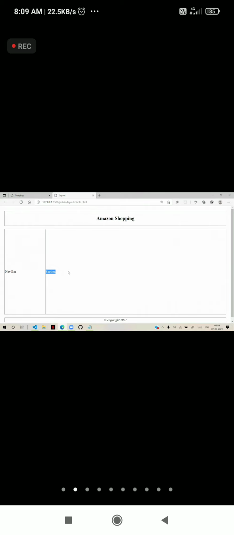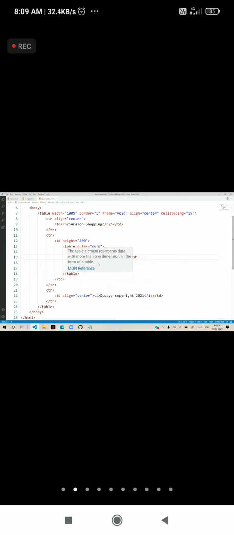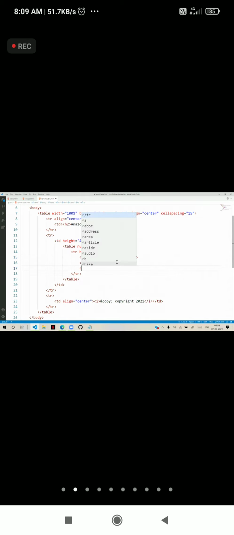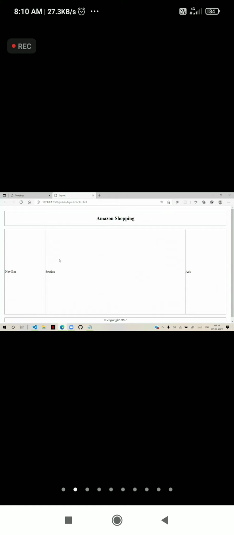So you can have another row, another cell, this width you can give some 200 and say ads, and you can see it will be like this. Now in the middle we have the width as some 700, and you can see it will be like this.